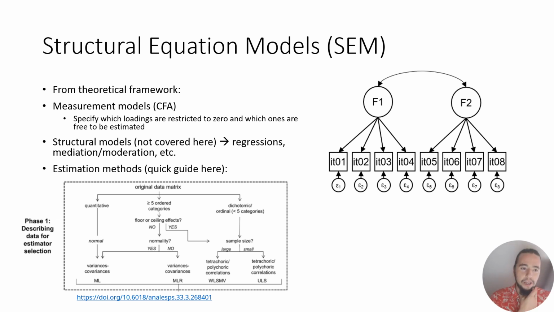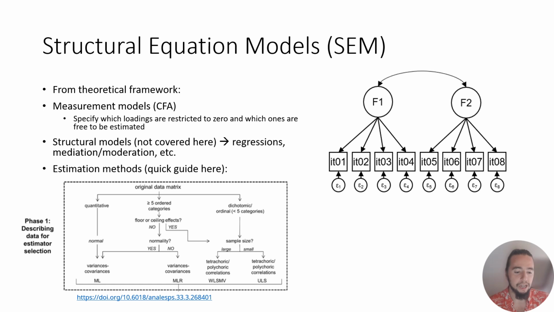Okay, so structural equation models, just to be brief, require a theoretical framework. In this case, how many factors do you expect? Which items are the reflection of these factors? And other parameters like if you expect the factors to be correlated, or there is a correlation or regression with other things, or between residuals. So I will not cover path analysis and other applications of SEM regarding Bayesian structure, only confirmatory factor analysis, also